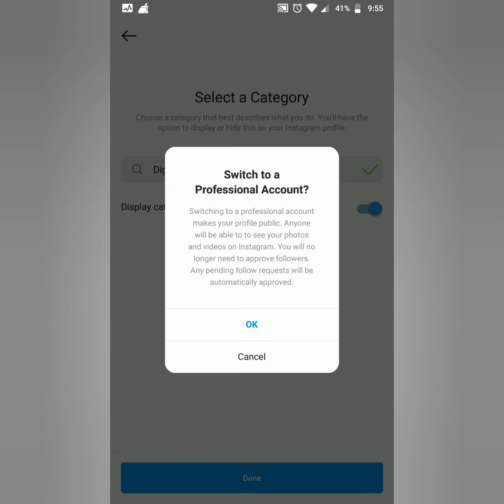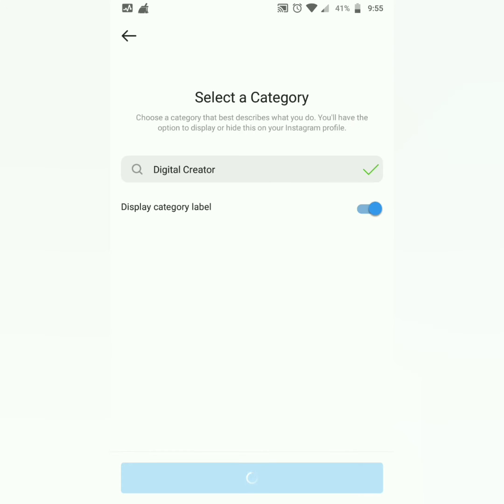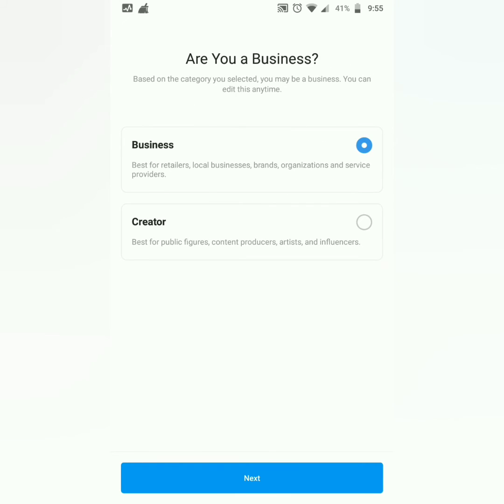It's asking, do you really want to switch it to business account? Press OK. It will process your request and then you will get 2 options, business or creator. So here we will select business